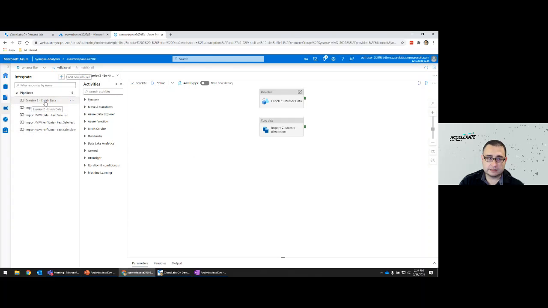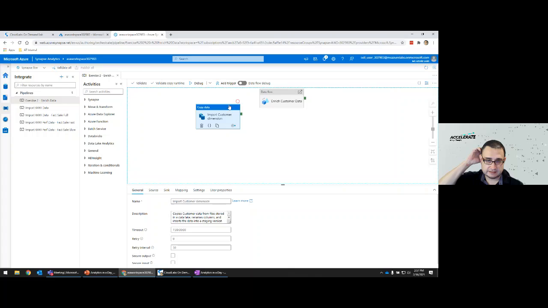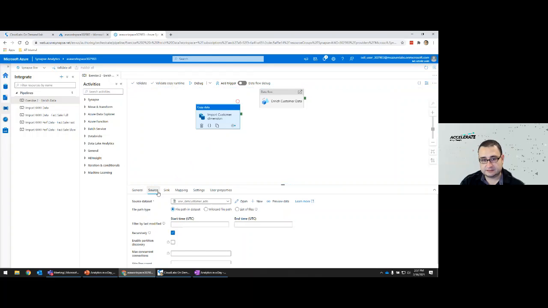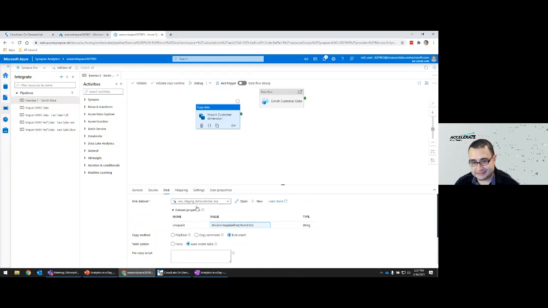And in this pipeline, essentially what they're doing is we have a copy data activity. What this copy data activity is doing is selecting data from an Azure Data Lake store. In this case, customers that are loaded into a data set defined as dim customer ADLS. And essentially it's pulling our customers and copying that data into another staging table called dim customer ASA.